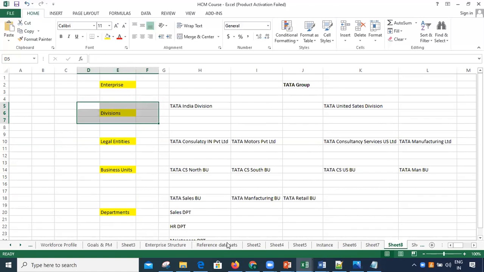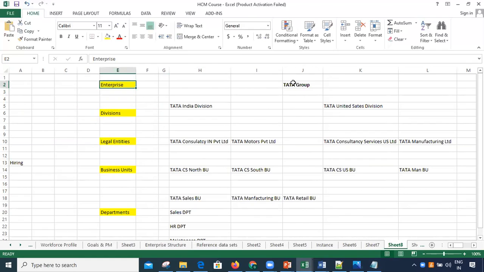When you are creating the organization structure for your client, the divisions concept can be negligible, because nowhere in the system will we use divisions. For example, when I am hiring a new employee in the system, I have to give the legal entity information: in which company I am hiring the employee, what business unit, and what department.